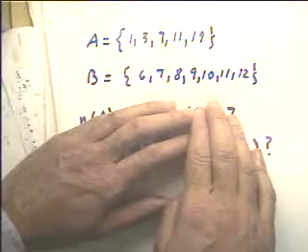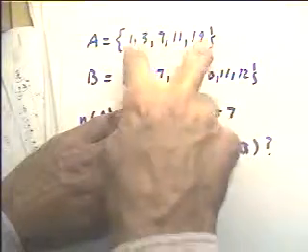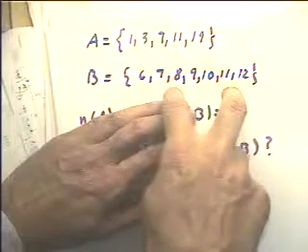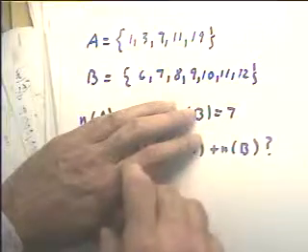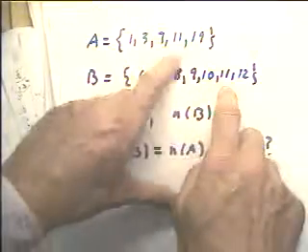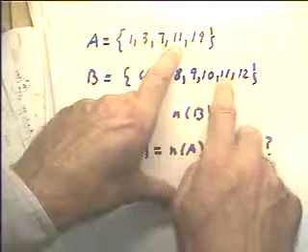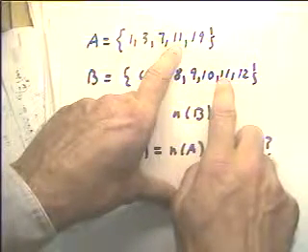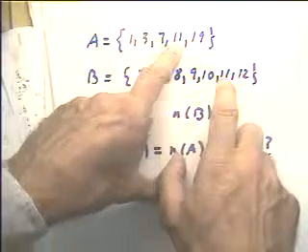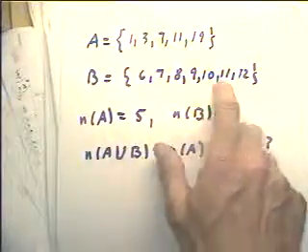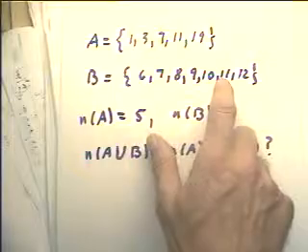It would seem at first that we'd expect to have 5 elements from A and 7 from B, which would give us 12 elements. However, if we form A union B, we note that certain elements, like 11, appear in both sets. When we form A union B, 11 is only going to be listed one time. So instead of having 5 plus 7, which would be 12, that's going to reduce us down by 1,